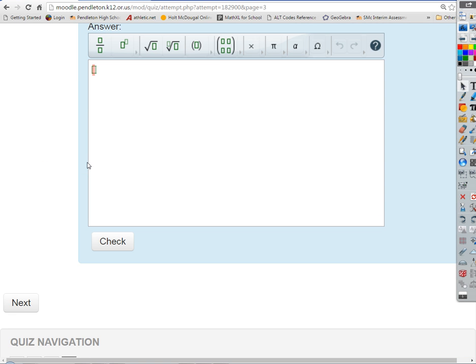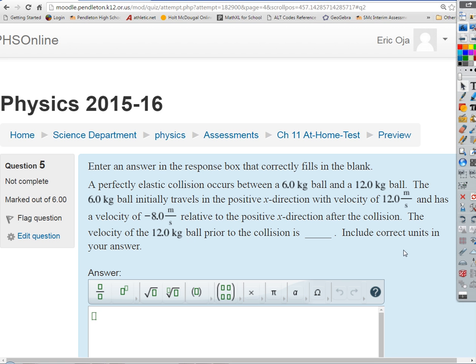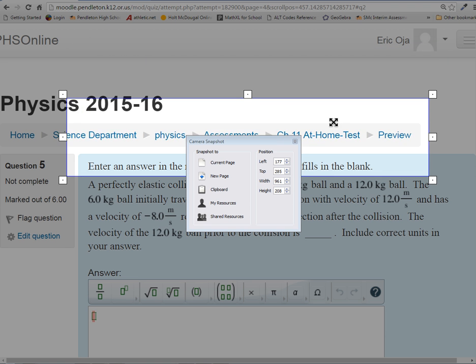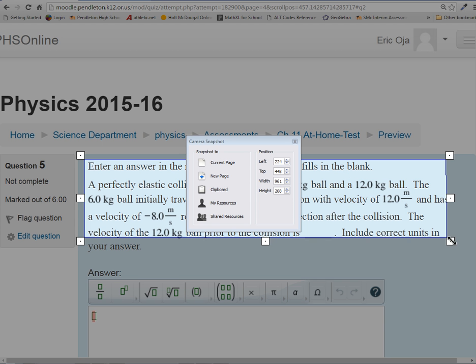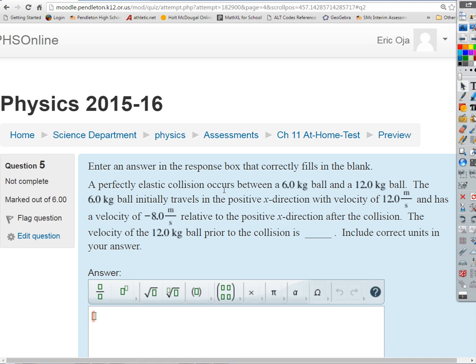Okay, so last one. This is the one I want to just briefly have you take a look at. It's only worth 6% on the test, so you don't even have to do this one. But I just want you to see how you could. If you choose to do the challenge problem, here's how you would approach it. It's a 6-point question, so it's worth 6% of your test. If you didn't do it and you got everything else right, you get a 94 on the test. Or you could just do it.